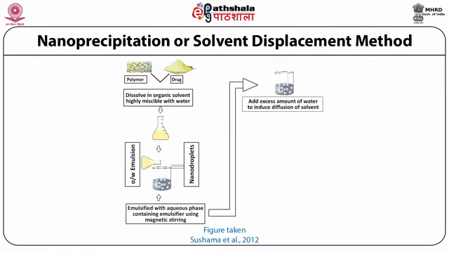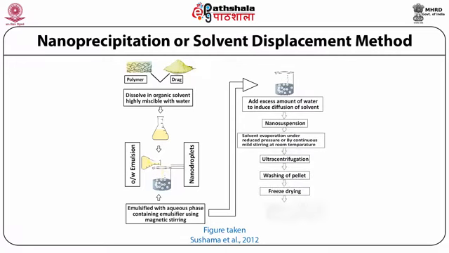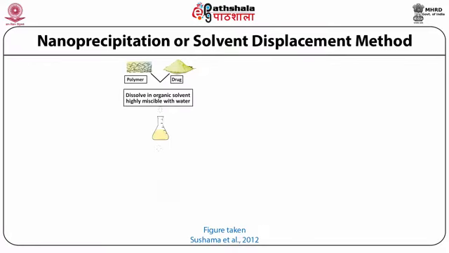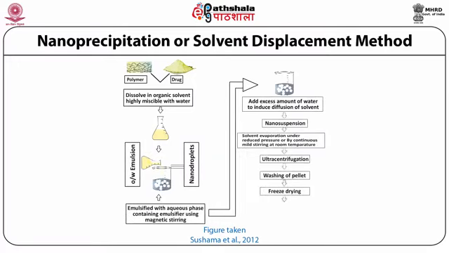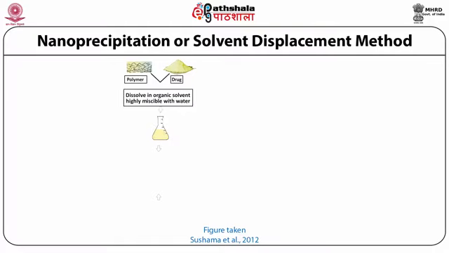weight, concentration of the polymer, what is the solvent polarity, what is the solubility of the drug in organic solvent, what is the ratio of aqueous to organic phase, what type of stabilizer we are taking for the preparation, what is the concentration of the stabilizer, what is the stirring rate. All these process parameters we already discussed in module 15.